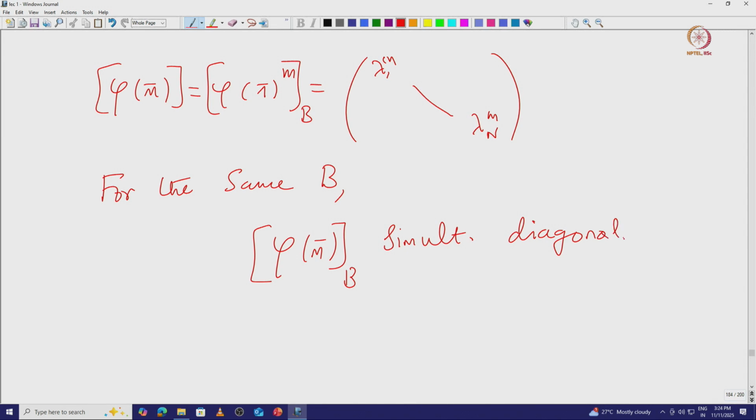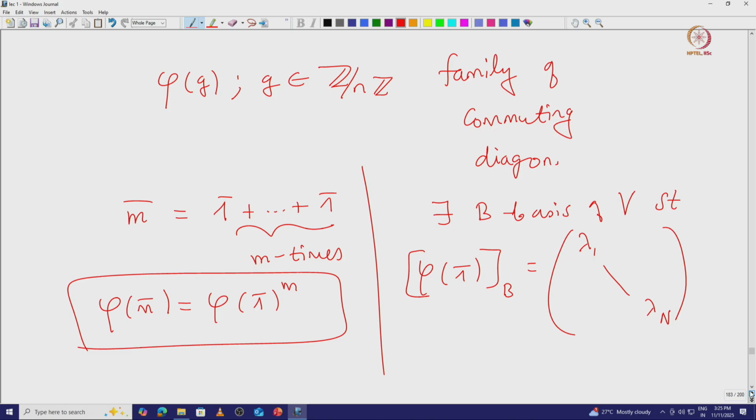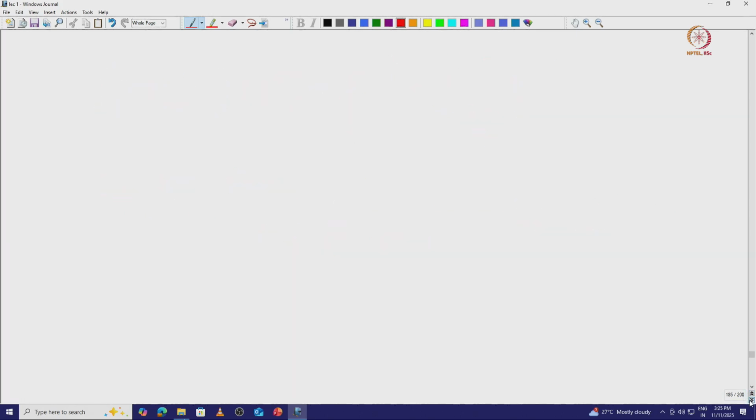And of course, this is actually easy to prove in this cyclic group situation. This requires a little bit involved proof for abelian groups. Maybe I will state here that result and leave it as an exercise. It is a very simple exercise. So, the exercise says that if you have a family of operators which are mutually commuting operators that